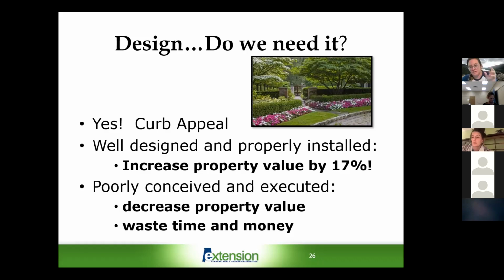So when someone's on Zillow or whatever and you're trying to sell your house and they see a house with no plants in front of it, it's not going to be quite as appealing. And as a master gardener, you know, that may be one of the first things you look for. I know when we were looking for houses, the yard was super important to me. The outside space was very important. Whereas some people, that may not be the first thing they look for, but I feel like more and more people are concerned about outward appeal of the landscape, living in the landscape, being outside more. And so having a good appealing landscape can help with your property